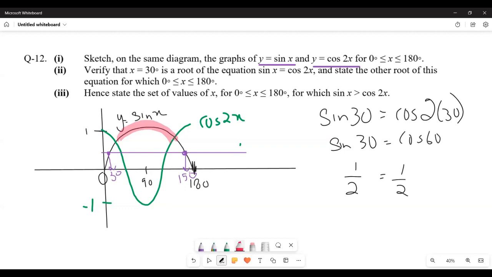It said that sine x is equal to cos 2x. So this was at the point of intersection where the two graphs are equal. So it should be here, the line should be here, and